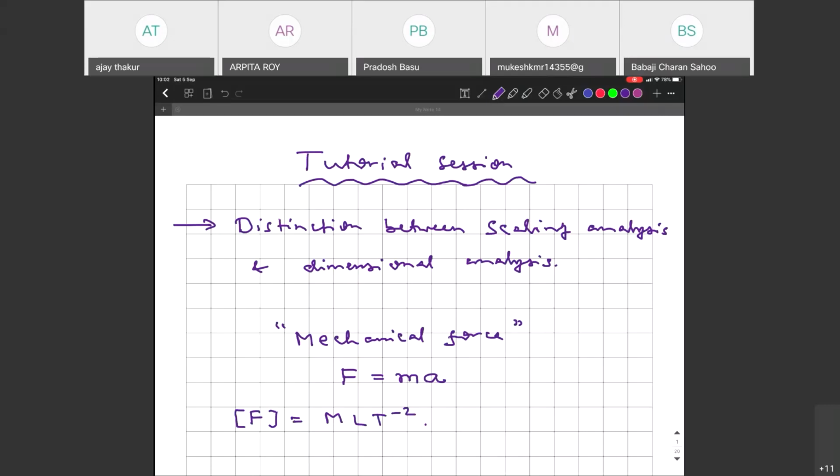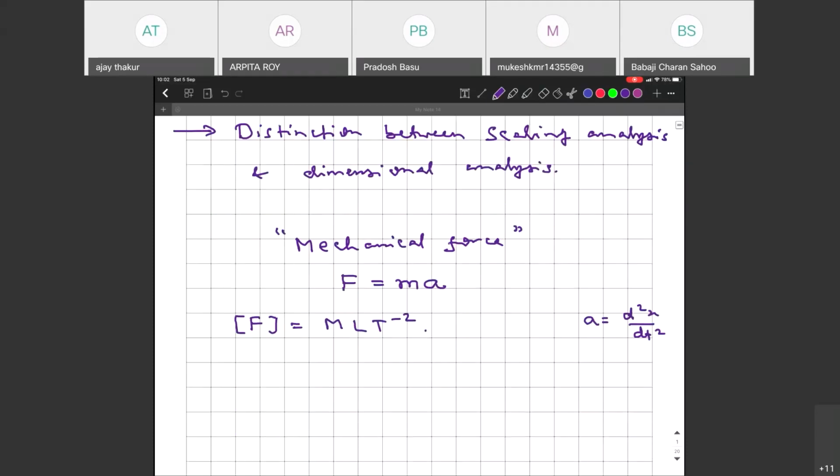Length per time square would be the dimension of acceleration. Just to tell you, acceleration is also written as d2x by dt2. So that is the second derivative of position with respect to time. So therefore, in the numerator you have length, in the denominator you have time square. So this is the typical kind of dimensional analysis. So if we say dimensions, right? However, when we are doing a scaling analysis,